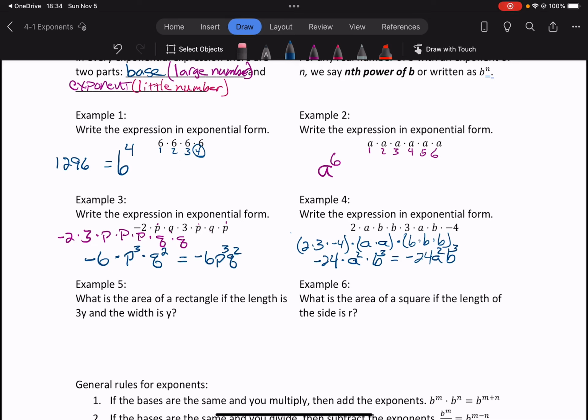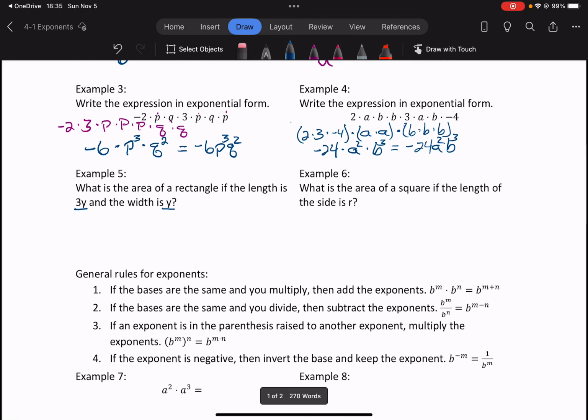Okay, and sometimes we might have to find the area. We don't know what the length and width are except in terms of a variable. Notice I got the length is 3y and the width is y. So what is the area of a rectangle in example 5 if the length is 3y and the width is y? Now what we'll do is, we know the area is length times width, so my area